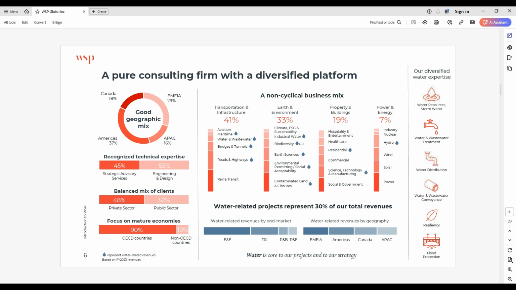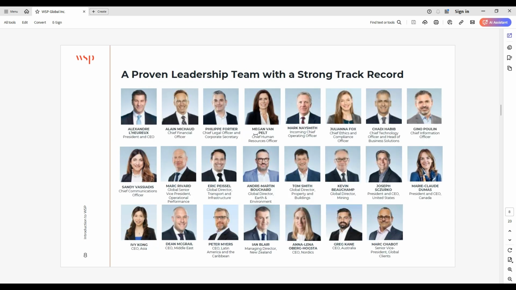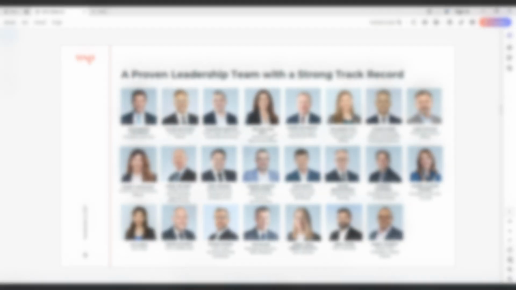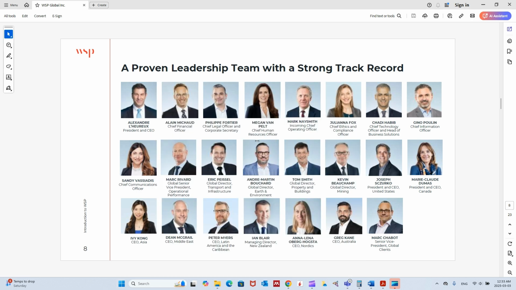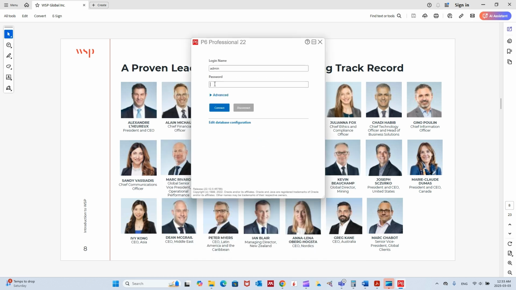So that's the EPS. This is the hierarchy of the company. So we have WSP, they have transportation sector, they have earth and environment, property and buildings, power energy. That's the EPS. And then we are going to assign the OBS, the responsible person for each of these sectors. So how can this be done in Primavera P6? So this is the software, Primavera P6 Professional. And when you click in and then log into your account,